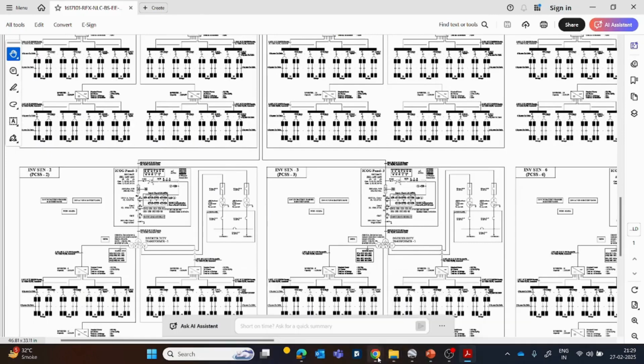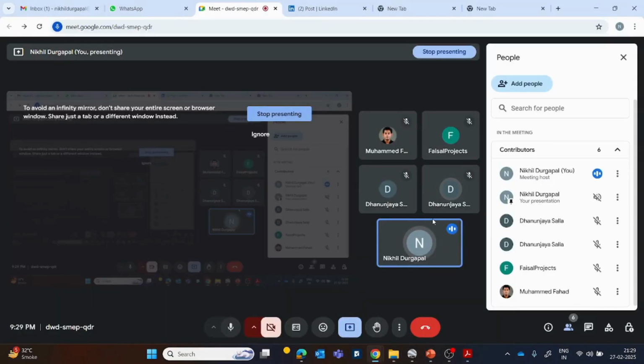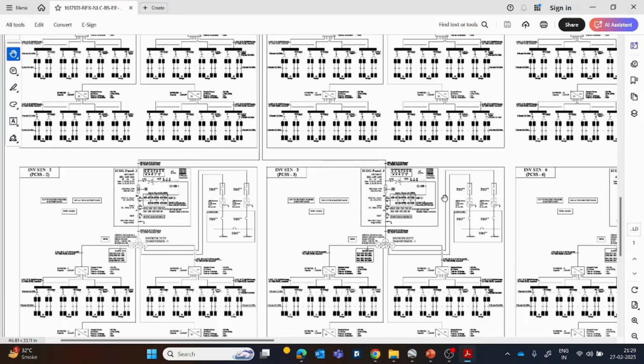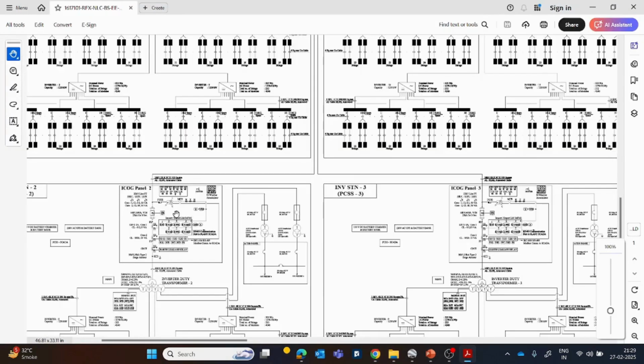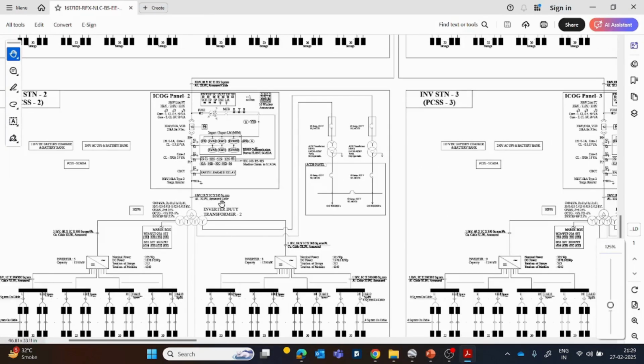Dhananjay, I think because of your two logins, it is creating this issue. Yeah. Okay. So